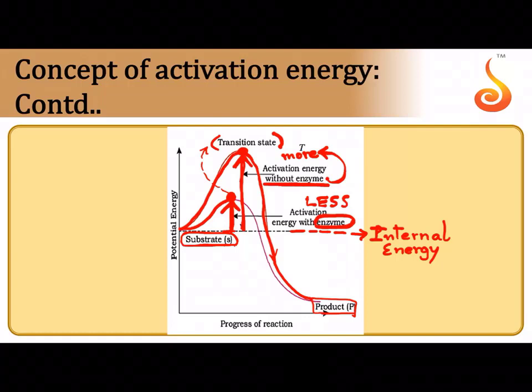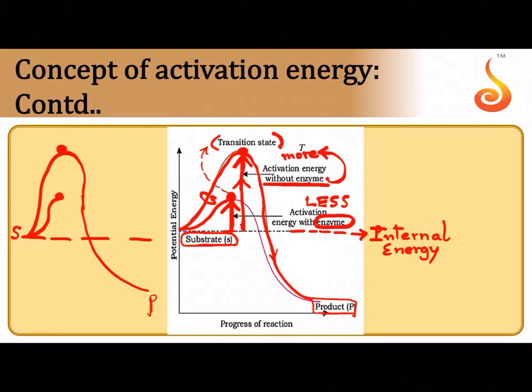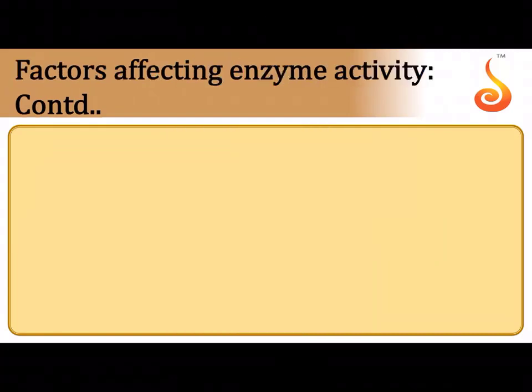It will make do with a lesser amount of activation energy. But if the enzyme is not there, the substrate is very stubborn. It needs an additional push. It needs a greater energy. That's why it takes this upper path. Obviously, if it takes the upper graph, see how long it will take for the substrate to reach this peak level, and then all the way it has to become the product. Isn't it more time consuming? But if there is enzyme, very quickly it will reach the transition state and very quickly it gets converted to product. So this push is activation energy, a lesser push in the presence of enzyme, a greater push in the absence of enzyme. Okay?